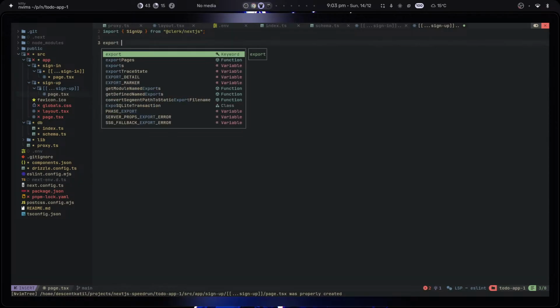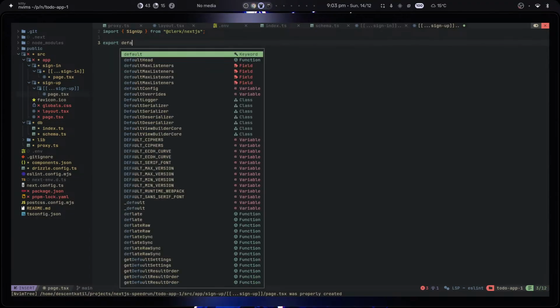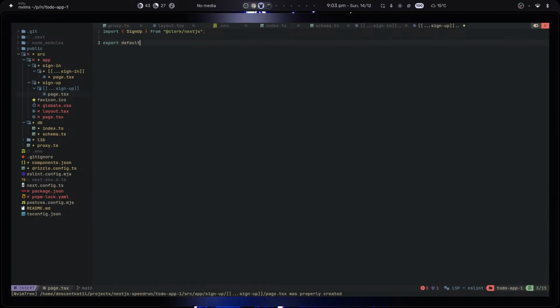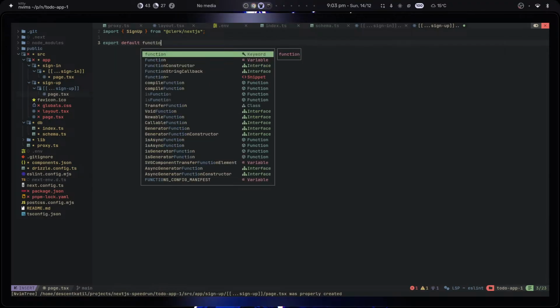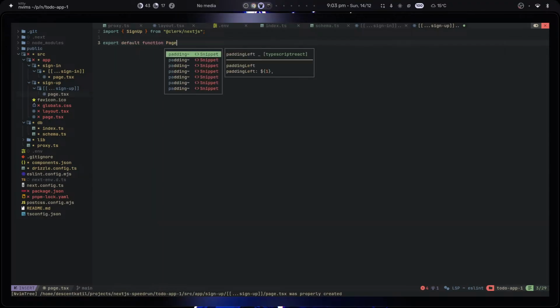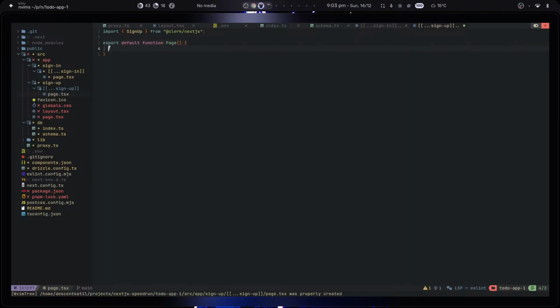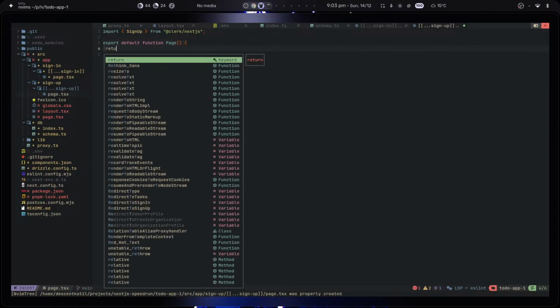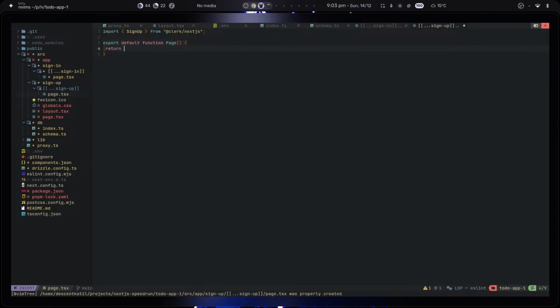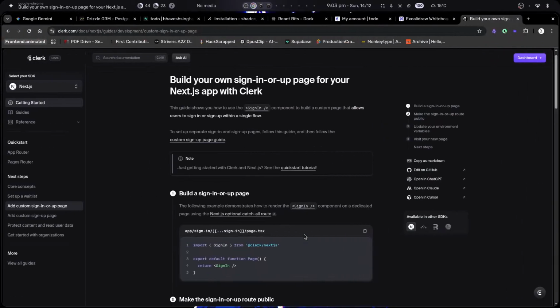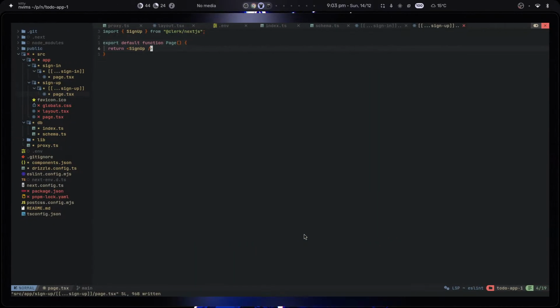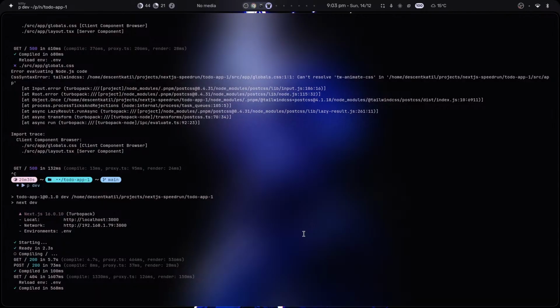Export default function page, sign up, return sign up, and this should be it. Yep, so our sign in and sign up pages should be ready now,